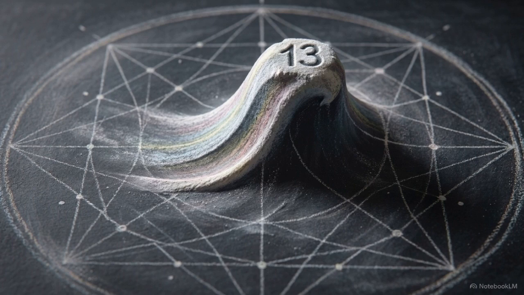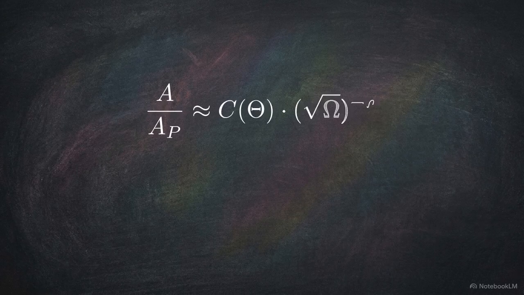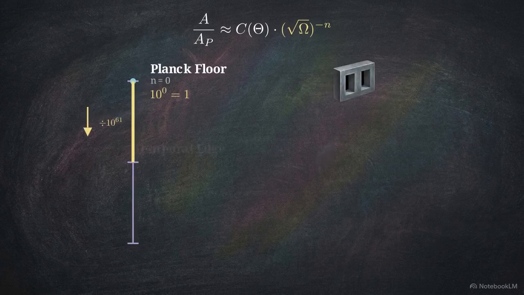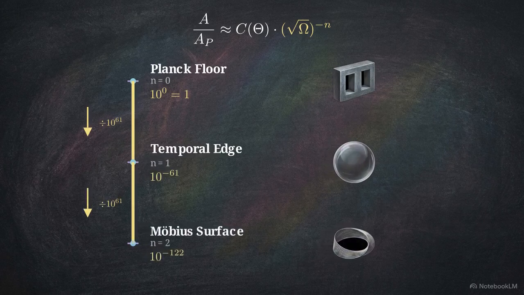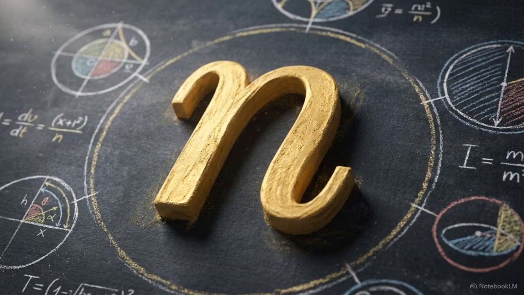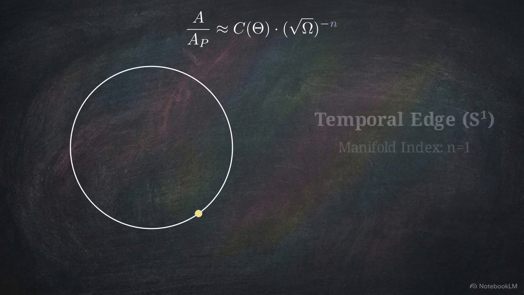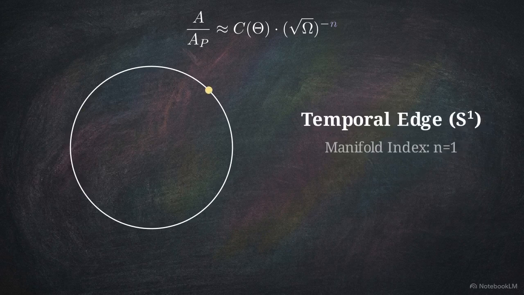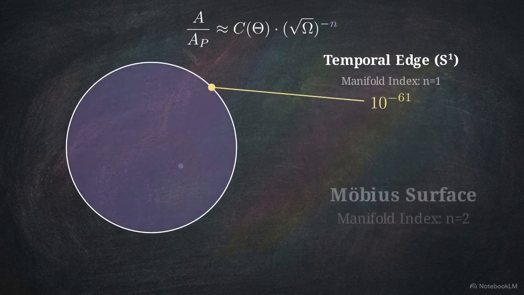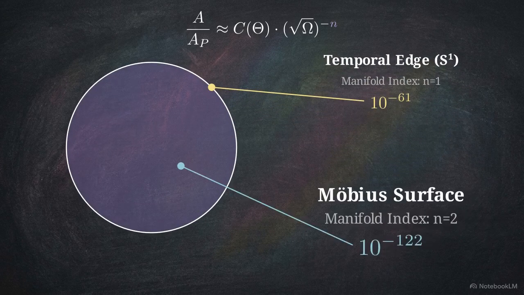The scaling law shows that every constant is one quantity sampled at one position on the grid. The dilution factor represents the geometric price of sampling a value on the edge or surface of the geometry rather than at the Planck floor. The manifold index determines the magnitude. Edge quantities, which involve an evolving phase rate, take an index of 1 and dilute by a factor of 10 to the 61st power. Surface quantities take an index of 2, diluting by a factor of 10 to the 122nd power. The cosmological constant resides at this surface index. Its observed smallness is a direct result of its position in the geometry.